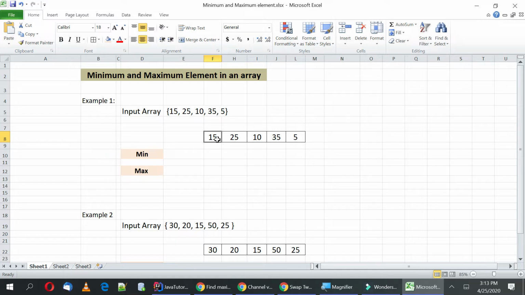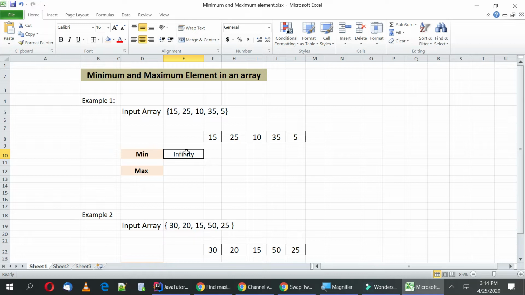As we have to go through all the elements, we need to use one loop. So let's initialize our minimum element. Either we can initialize it to the first element, or better practice would be to assign it to some biggest number, let's say infinity. So we assigned it to infinity. We'll go through all the elements in this array, and whenever we encounter any value in the array which is smaller than the min value, we will update this min value.